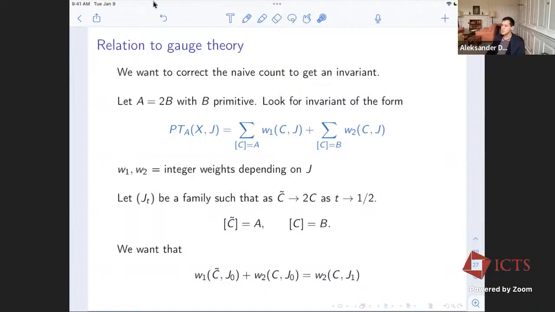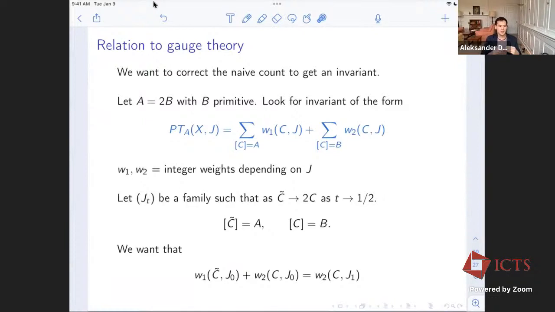So what that means is that I can choose a generic almost complex structure, J, and I know from the theorem I just said that there will be finitely many embedded pseudo-holomorphic curves in the homology class A for this generic J. I could count them, that gives me some number, but this number is not going to be an